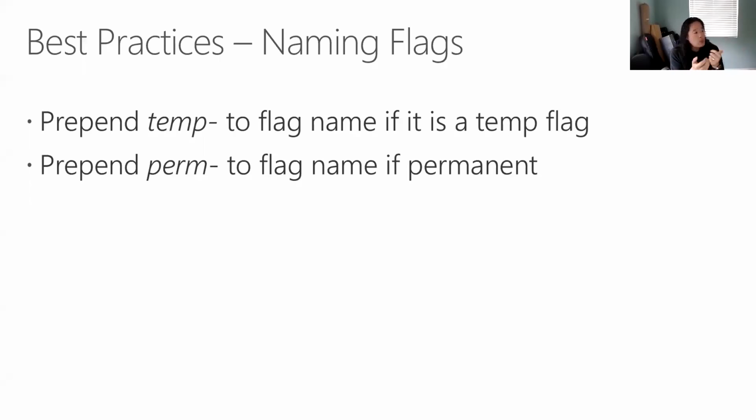Another type of flag is a permanent flag that stays in your code practically forever. So where would you use a permanent flag? We use this a lot for user configurable features. In VSTS, I have the ability to go into my profile and select to turn certain features on and off. Those are the type of flags that are going to be sticking around forever. So I prepend them with perm, so I know not to delete them. It's easier for me to jump to the temporary group to find the ones that I need to clean up. So it's very important to use a good naming scheme for your flags.